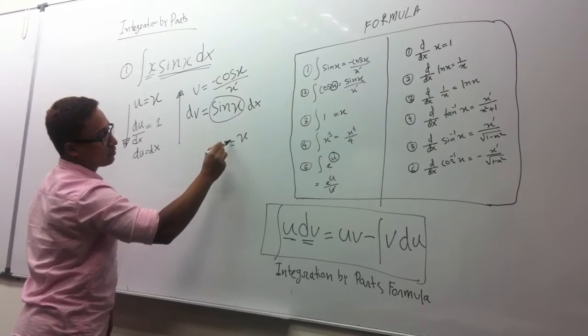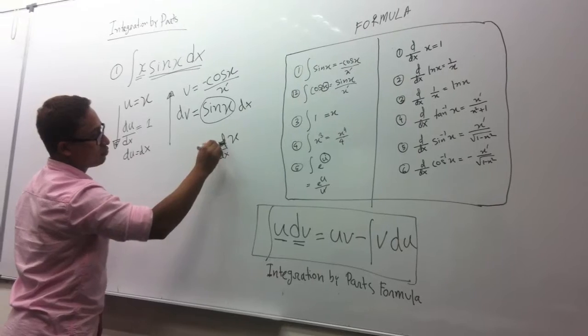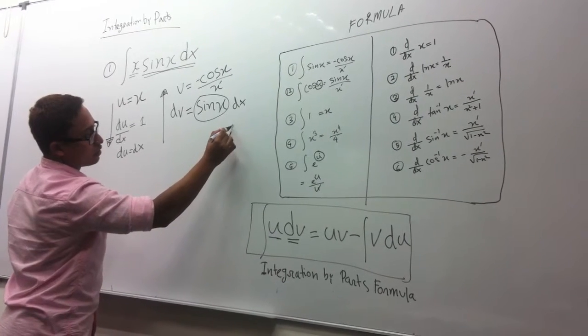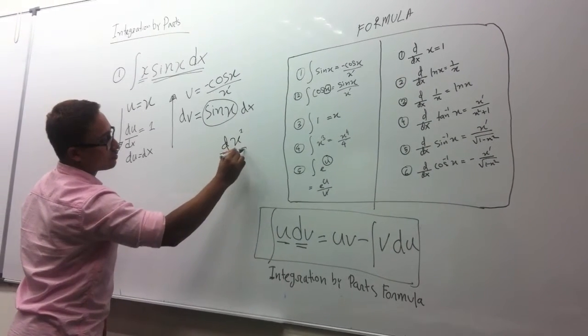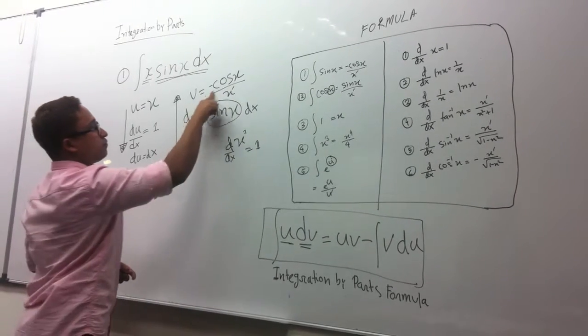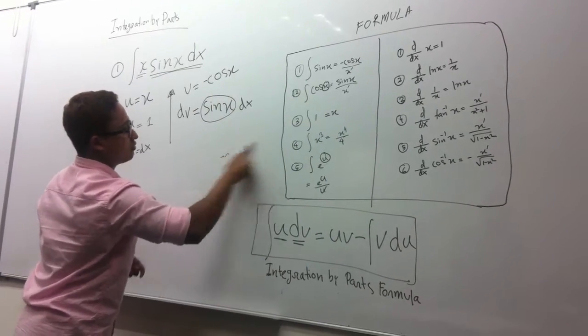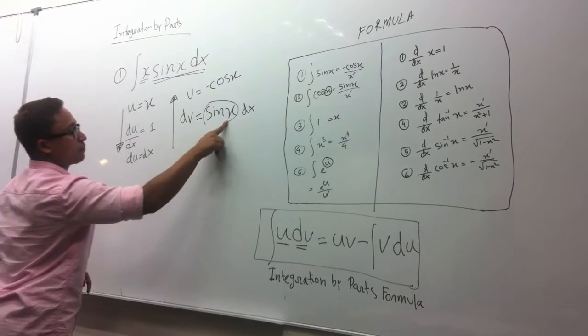See, here is the x. If you differentiate this one, you get only 1 because there is a 1 above. So differentiation of x is 1. If you put 1 in here, there's no need to write it, so I'm going to erase this part. So that's what I get.